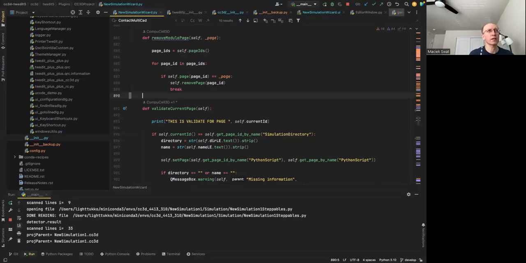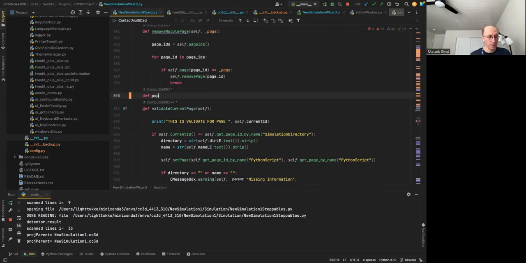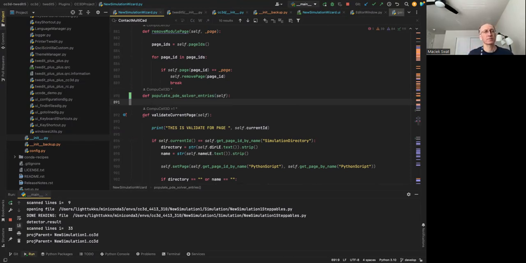I would like to define a function called def, and I'm going to call it solver entries, like this. So here, what I'm going to do, I guess. What I want to do first for